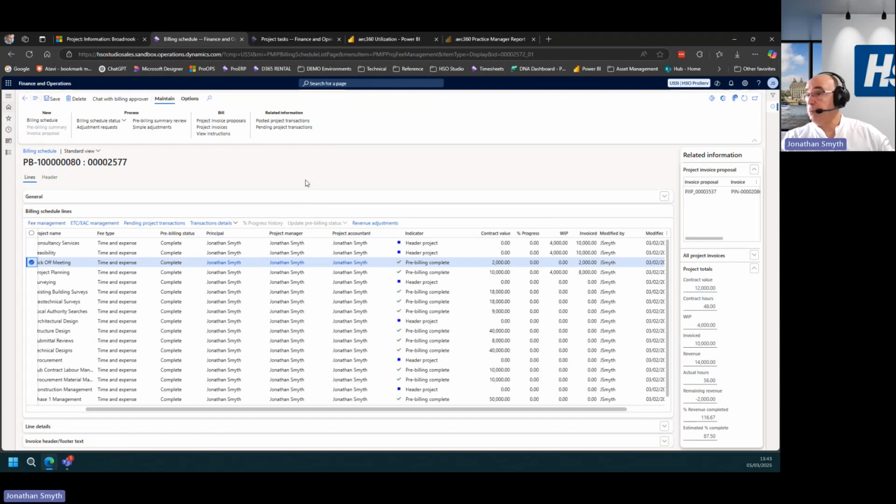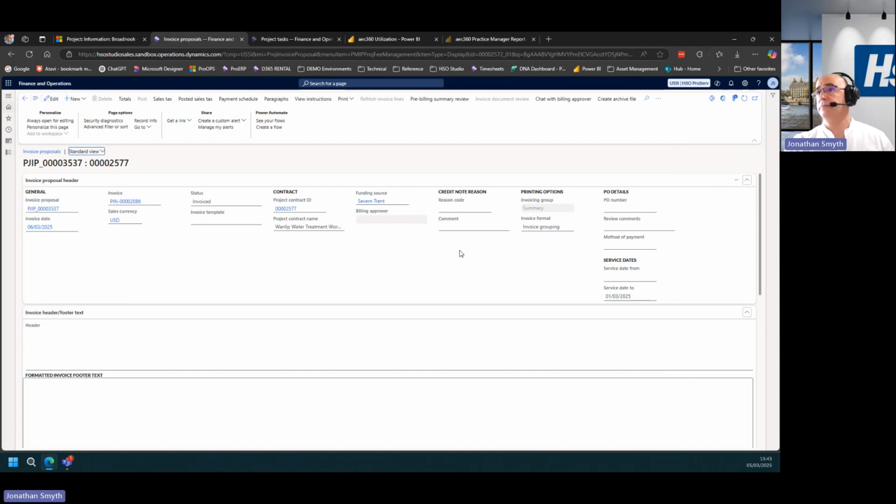Once it is, we can have a batch process that automatically generates your invoice proposal for you. This is our invoice proposal just here, and it's one that I've previously created. Some customers mandate that you send additional supporting information with an invoice. That might be timesheet information, expense receipts, copies of invoices if you're rebilling subcontractor information.